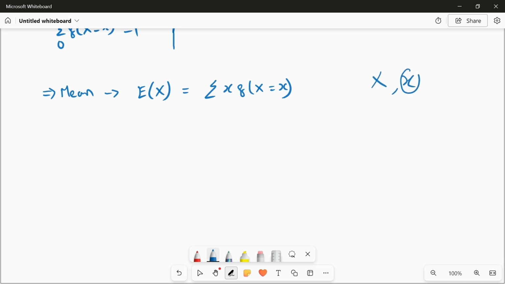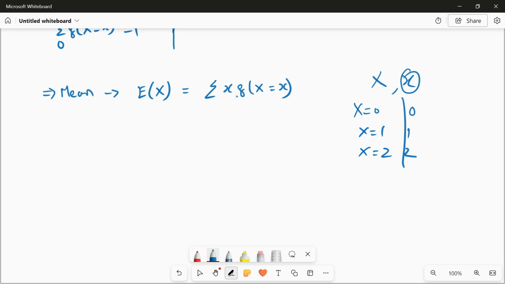When you write just small x, it is nothing but 0, 1, and 2. When you put it as capital X, it is nothing but x equal to 0, x equal to 1, x equal to 2. That's all. Both are similar, okay? I'm writing small x here because when we calculate the mean and variance of the binomial distribution and Poisson distribution,